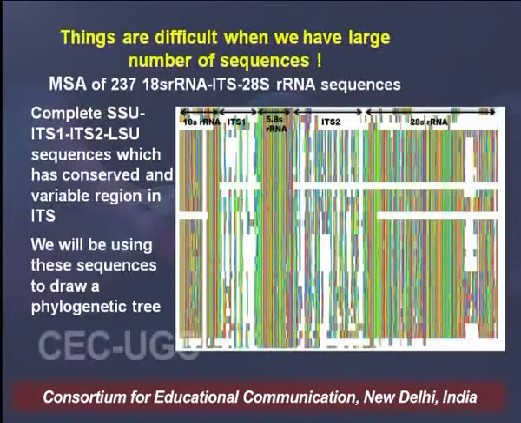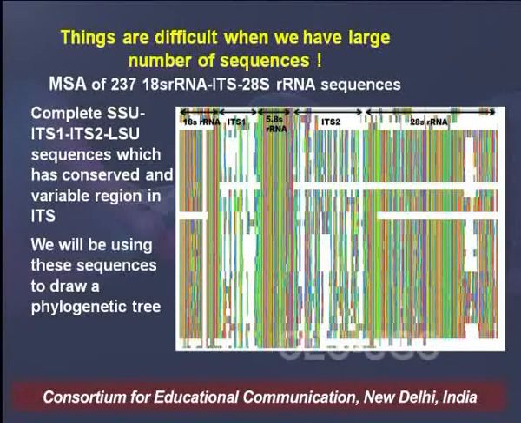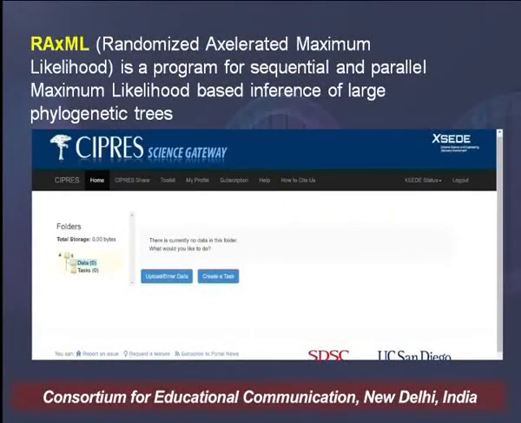But problems came when I was trying to make a phylogenetic tree for my sequences, which were 237, and they were very long sequences. So, I needed a lot of computer time and a lot of accuracy in these ones. So, rather than using MEGA, I shifted to RAxML, that is randomized accelerated maximum likelihood tree building program. It was available online at CIPRES, because they are supercomputers. They allowed me to submit my data and select the parameters which I want to use. Like I said, I want to use 1000 bootstrap, and I selected ML method, and I also had few more choices in deciding how I wanted to run my